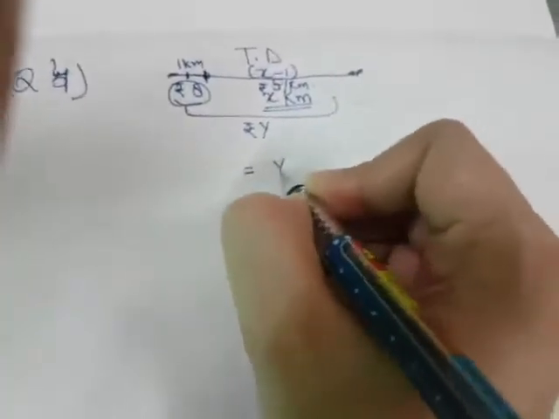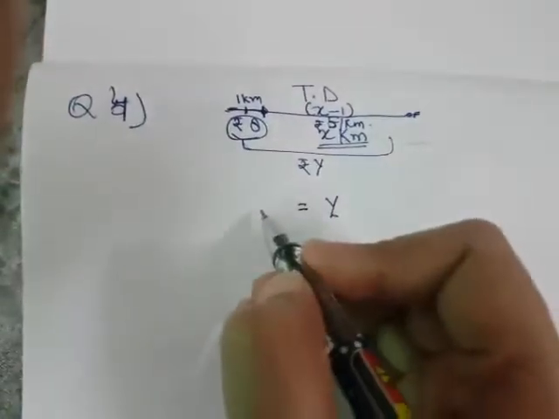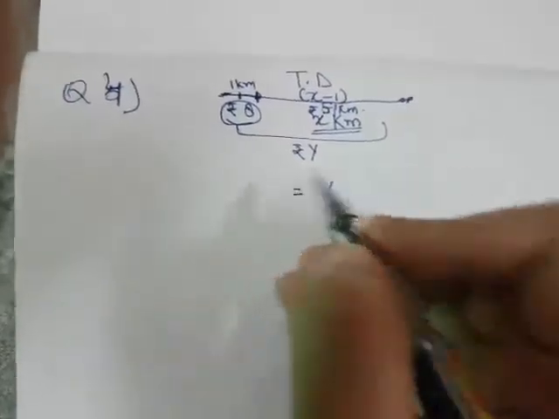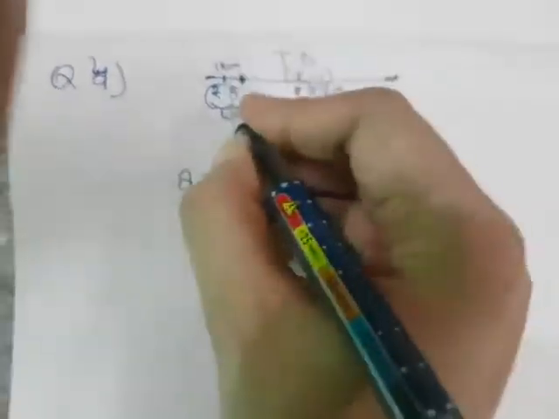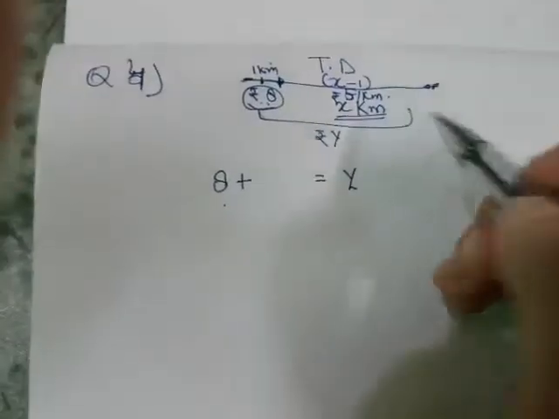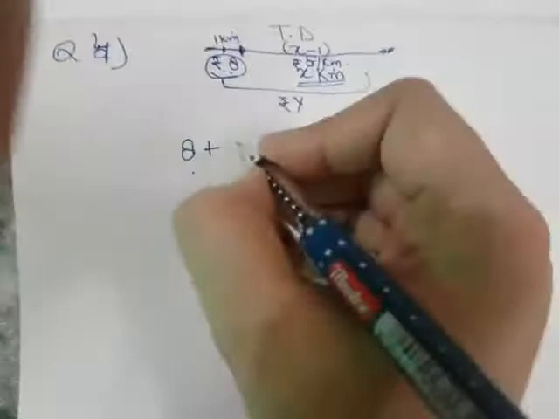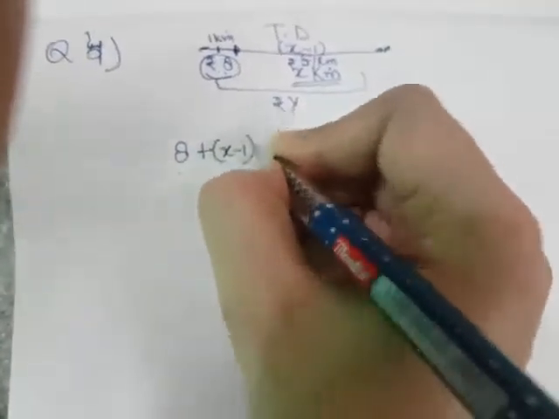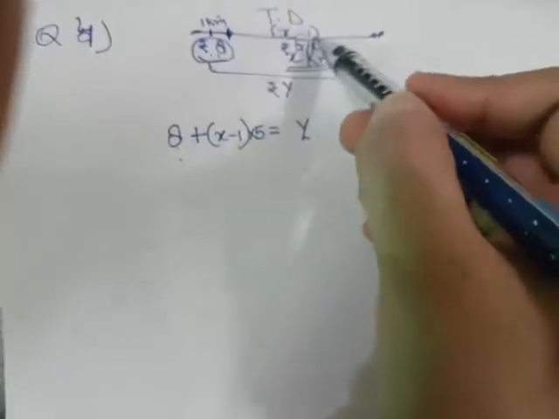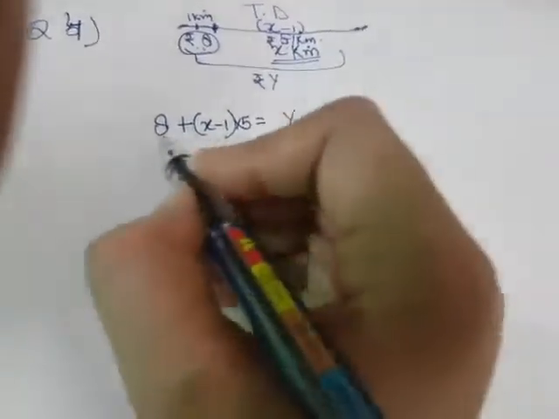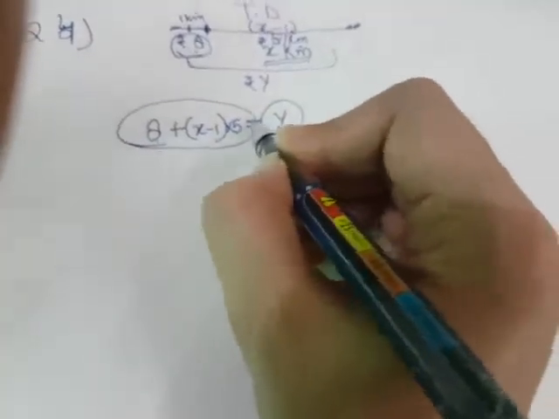तो इफ आई एम कीपिंग हियर टोटल फेयर, सो दिस साइड ऑल्सो विल बी इक्वल टू टोटल फेयर. अब यहाँ टोटल फेयर कैसे निकालना है, हाउ टू टेक आउट टोटल फेयर. First kilometer fare is rupees 8, so 8 into 1, 8 rupees, and the remaining distance is equal to rupees 5 per kilometer. So remaining distance is x minus 1 into 5. जैसे हमने यहाँ किया 8 into 1, 8 आ गया, and this will be x minus 1 into 5. So this is also total fare and this is also total fare. That's why these both are equal.